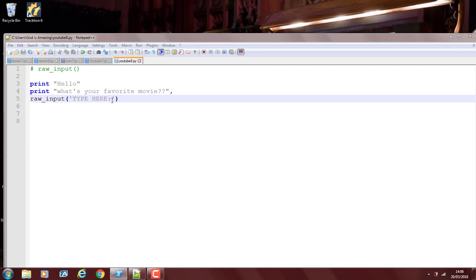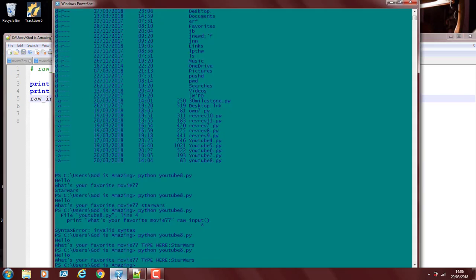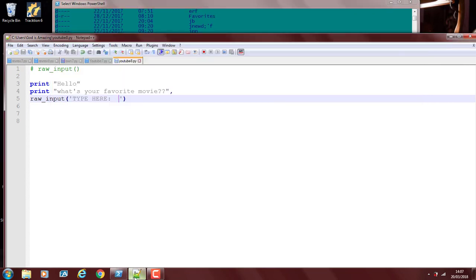If you wanted it to be further away, right? Like one, maybe even two spaces. Right, see how it's further away. So that's just a little thing that you can do. And yeah, that's some little stuff. What you can do also is, instead of just printing this separately from the raw input function,